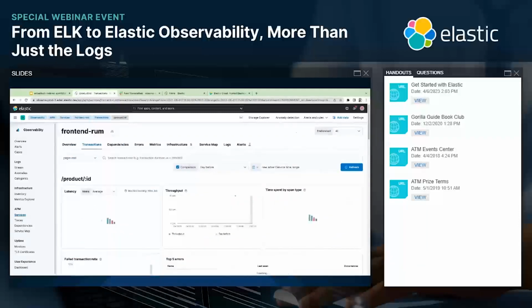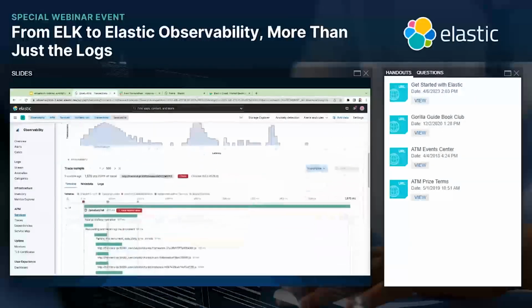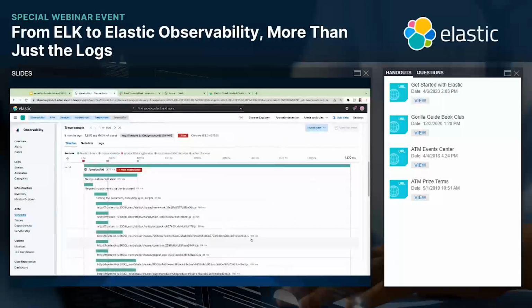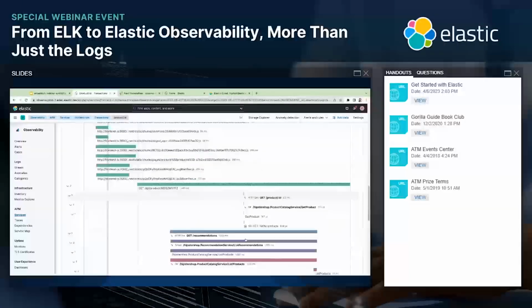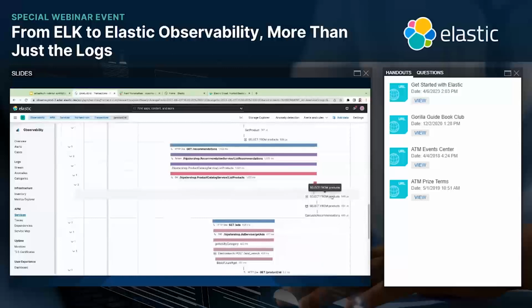Now I'm presented with the full server trip, starting from the user clicking, going through different application calls, even to the level of database call. Because we have all these logs, metrics all in one place, Elastic is able to stitch them all together using trace ID, applying Elastic Common Schema. It is able to stitch all this data together for me so I can get some valuable insights.